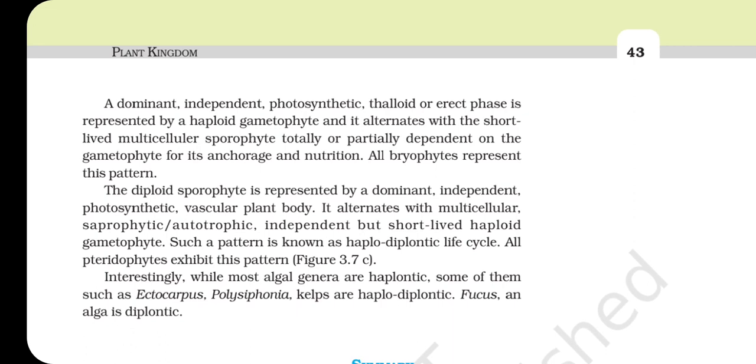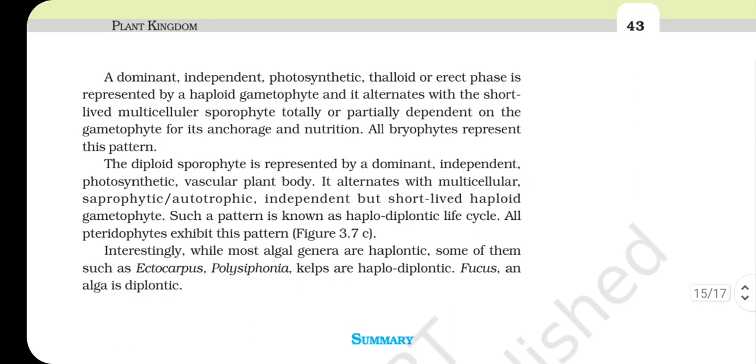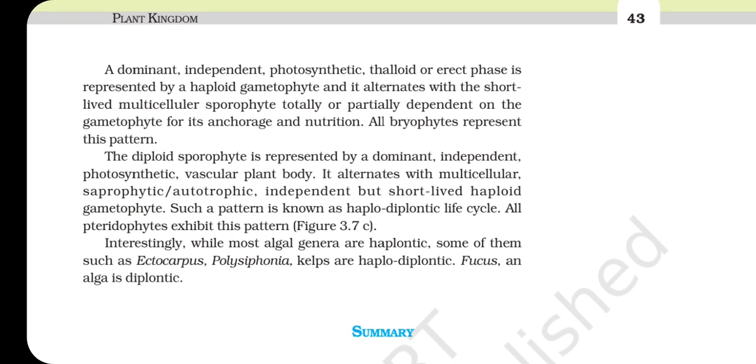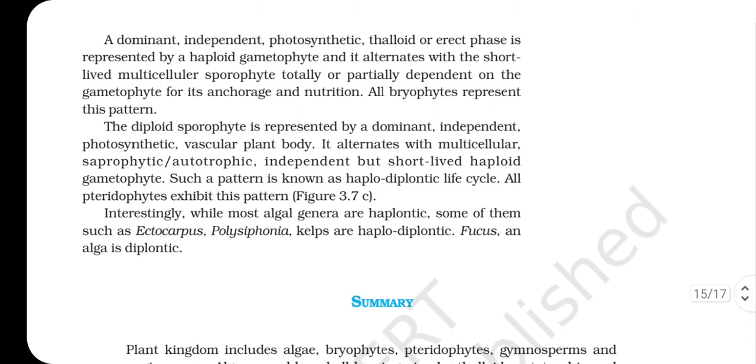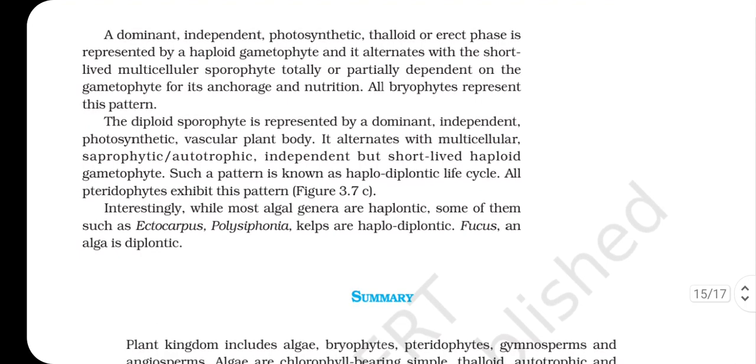All pteridophytes exhibit this pattern. Interestingly, while most algal genera are haplontic, some of them, such as Ectocarpus, Polysiphonia,